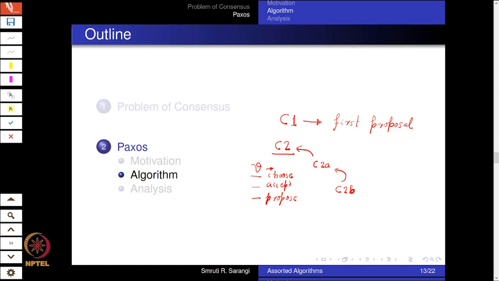If we can ensure these things, we can ensure consensus, and how to do that is what we will see